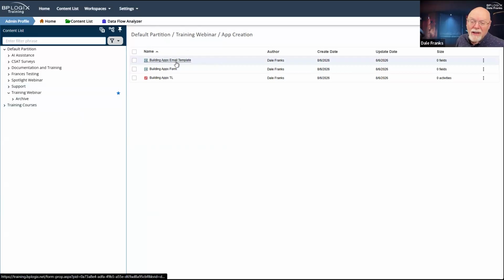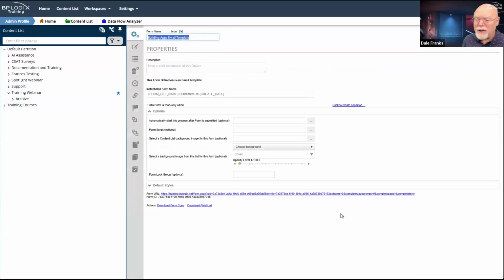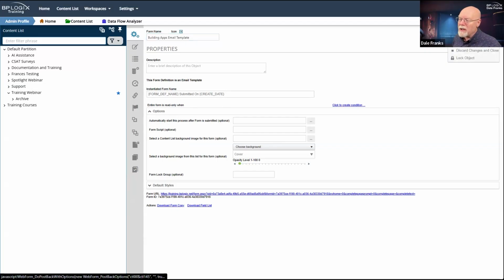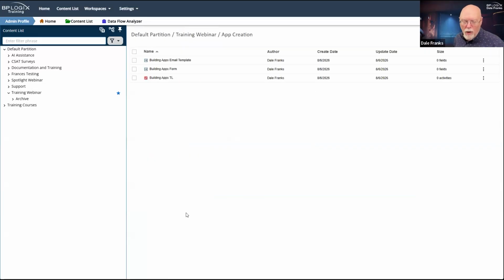Now, there's nothing to link on an email template. And I do want to point out that because it is an email template, we don't have a lot of options here in the options section. Most of the things that you would see in a normal form, they're all hidden now because this is an email template. So you should just know that this is really designed to do one thing, and that is build the text message that is going to be sent via email. But now that we have it, we can now go ahead and finish our links.